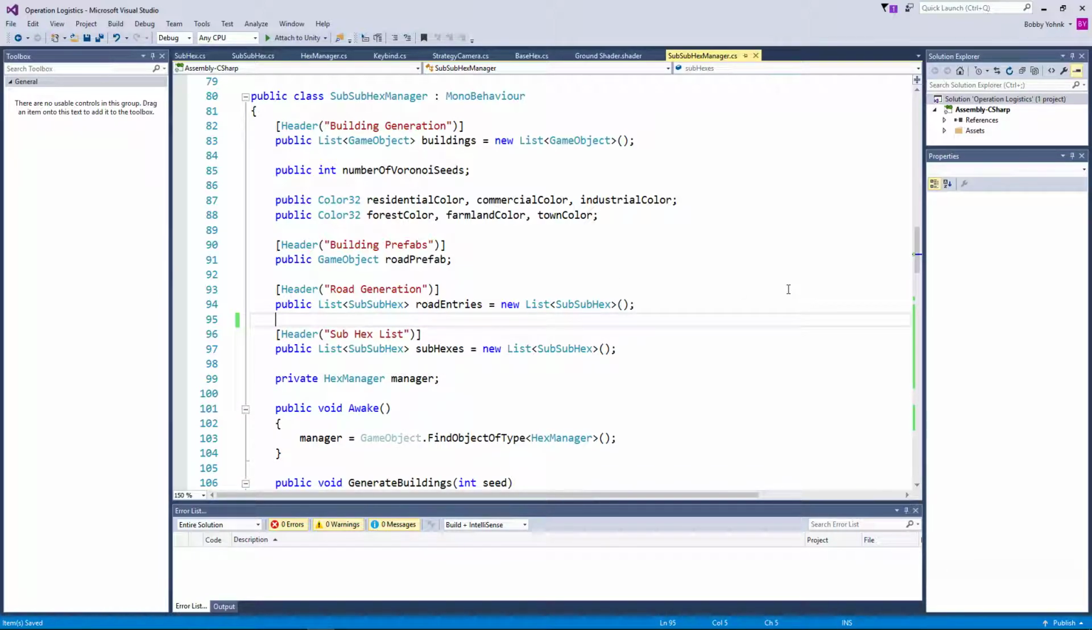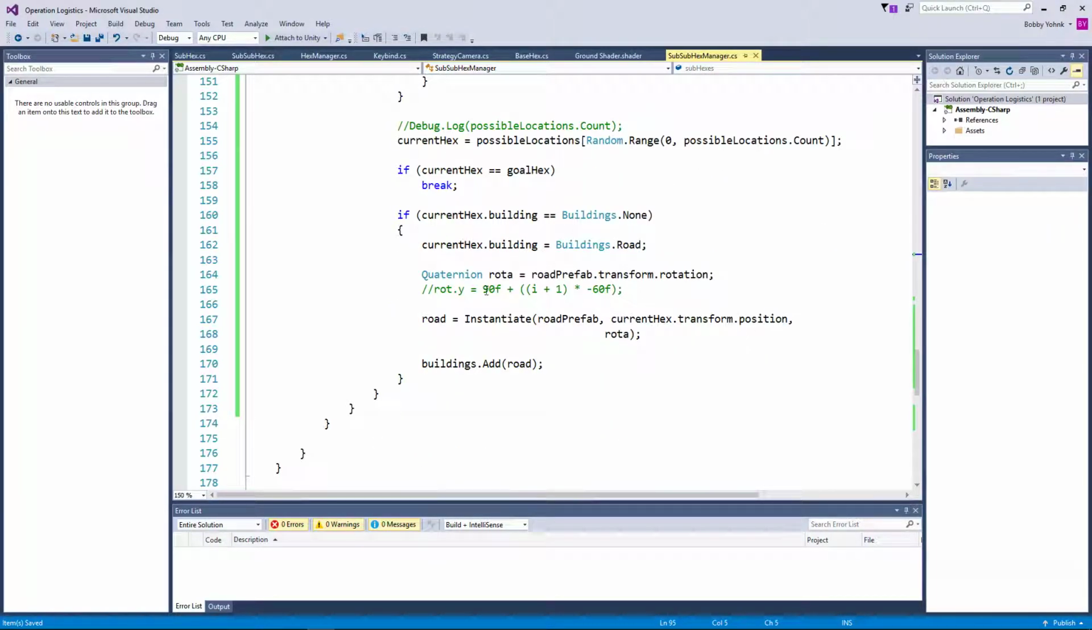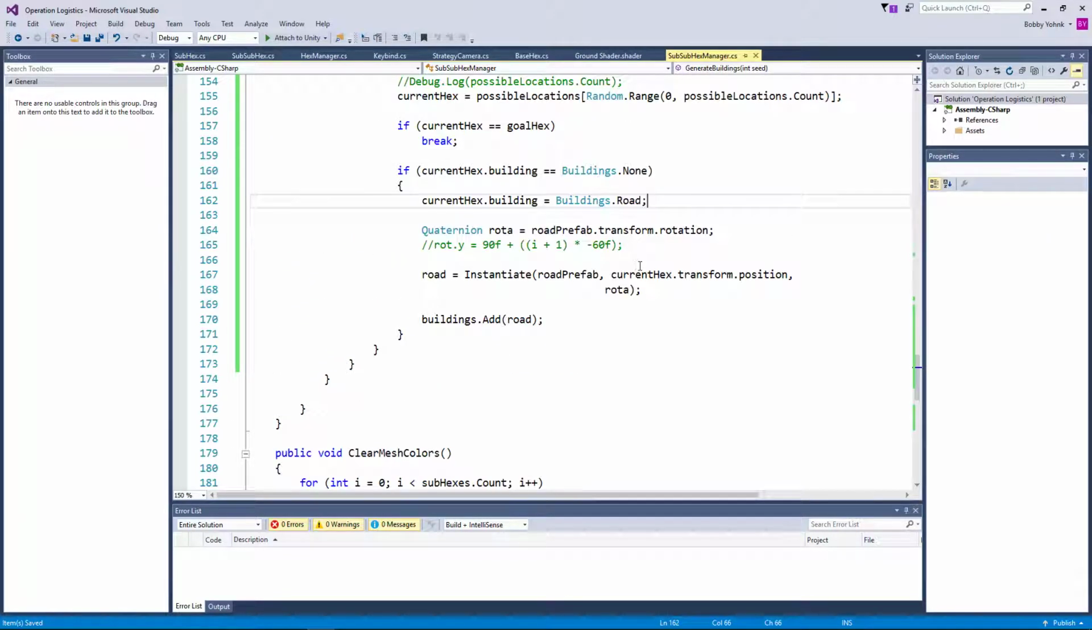Now, what is that variable? I know what it is. I know exactly what it is. Okay, you want to know what it is? What we do is we check to see if current hex.building equals buildings.none. Current hex.building is then set to be buildings.road, but when we clean up the subhexes, we never clear the building